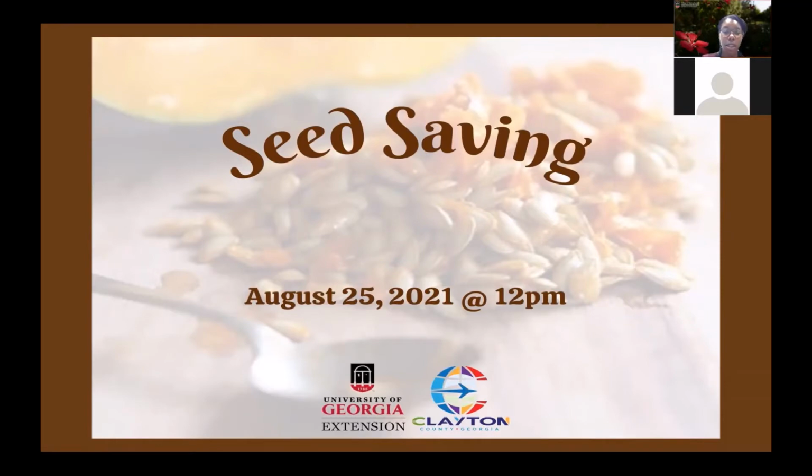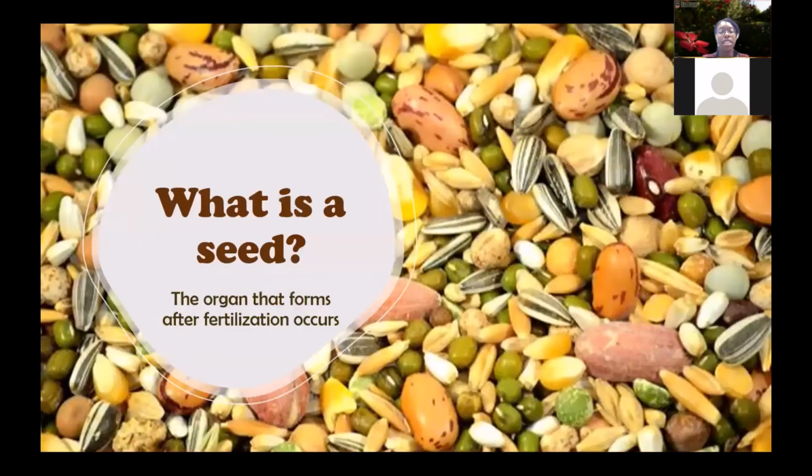Okay, so to begin with, what is a seed? So seed is the organ that forms after fertilization occurs. So what we consider fruits, and even what we call vegetables but would be considered fruits, are basically the ovary that surrounds those seeds. And if there's no seed to surround, then the fruit doesn't build up around that area. So that's kind of what happened to